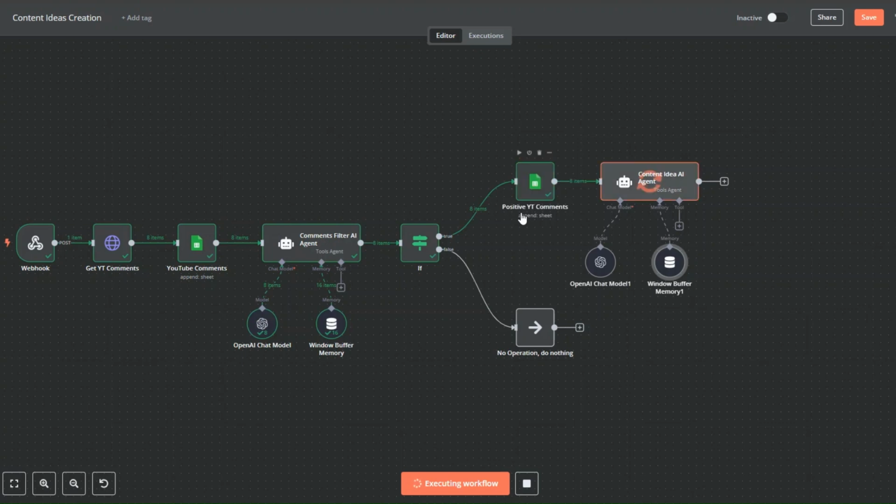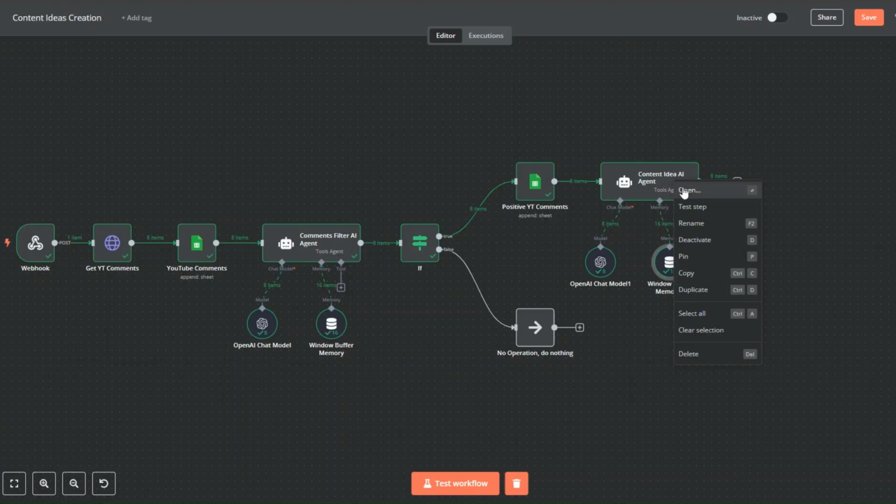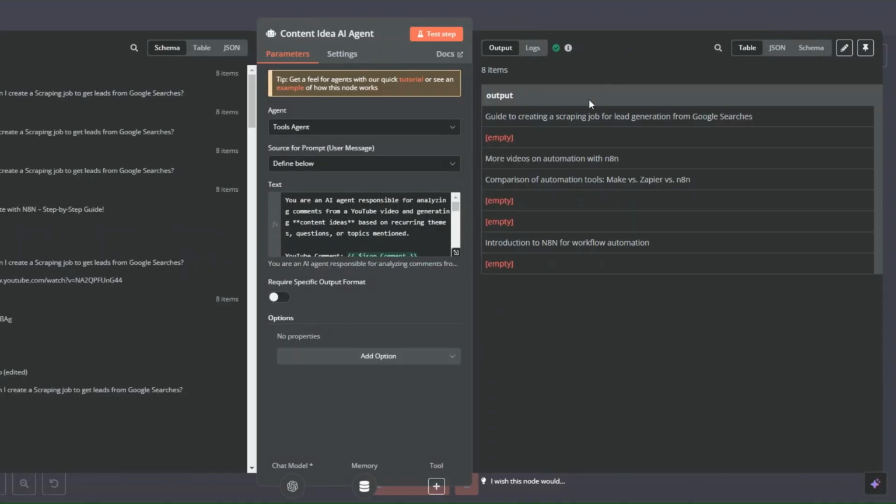Then adding the positive comments to our spreadsheet. Here you can see generating our content ideas from our comments. And here it outputted our content idea topics. So here, I'll open it. You can see it gave us